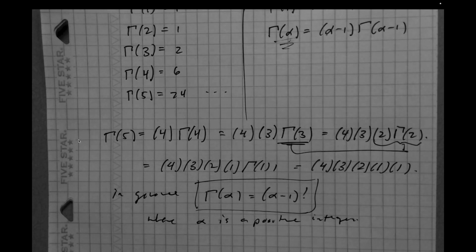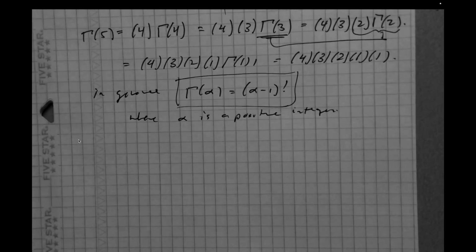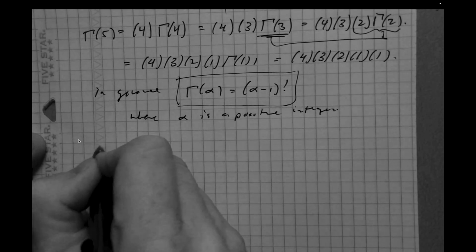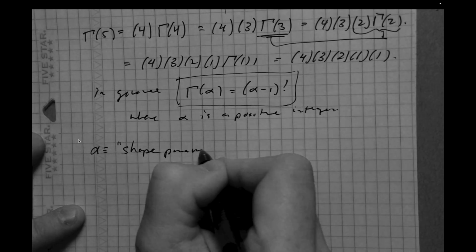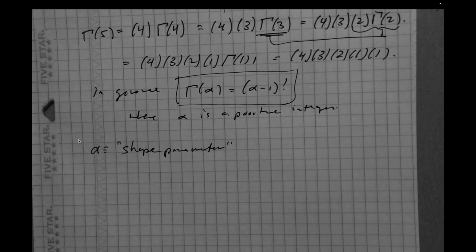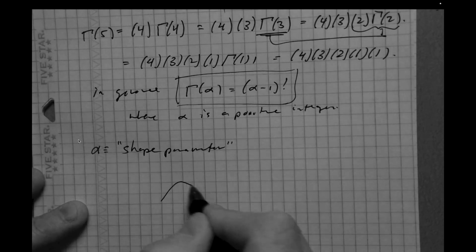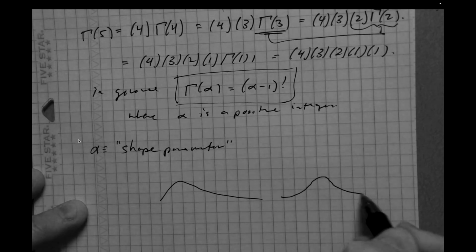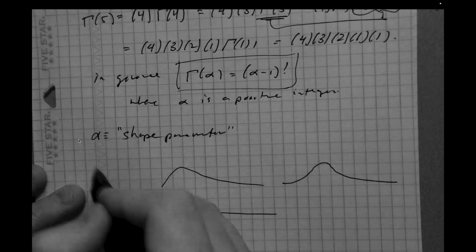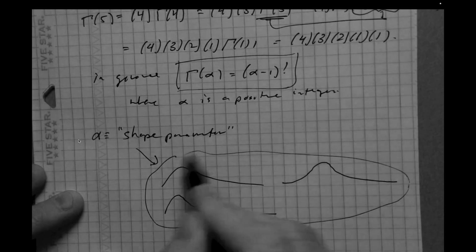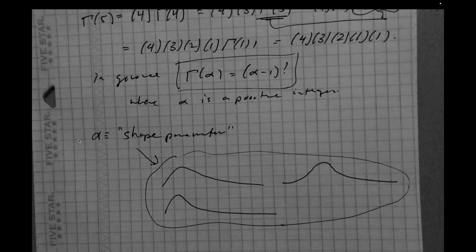Okay, so let's talk through these parameters a little more. What is the alpha parameter? The alpha parameter is called the shape parameter. It's going to give you the general shape of the gamma distribution. Is it going to look more like this, or is it going to look more like this? Maybe it's really steep, right? So this is what the alpha parameter tells you when you're looking at the